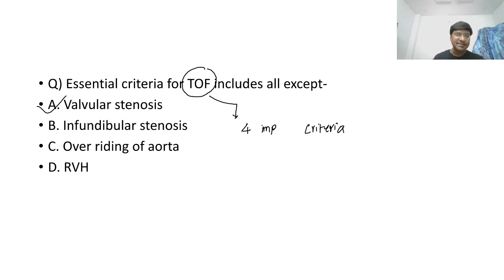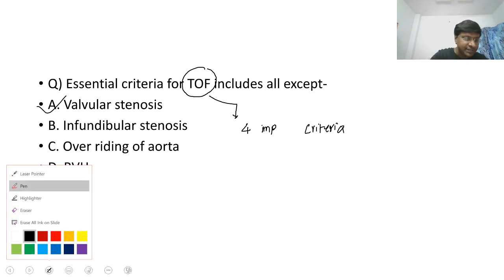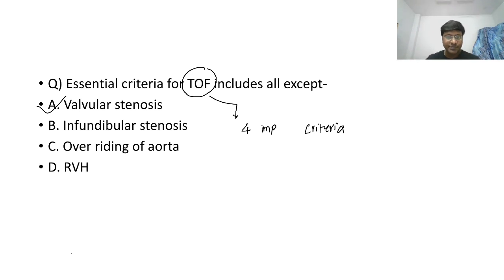Now sometimes some of the students may have confusion remembering all those 4 criteria. I will tell you one of the easiest methods to remember them, and I'll give you a mnemonic for that, and that mnemonic is DROP. Now what is this DROP? Let me explain. If you take this DROP, first and foremost,